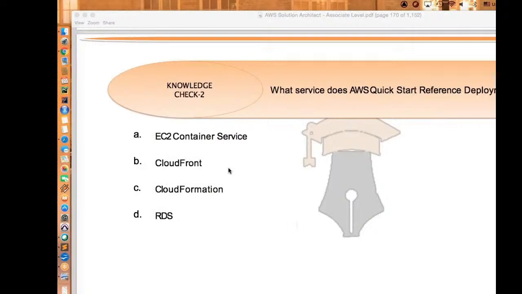Yeah, that's good. Coming to the next one: what services does AWS Quick Start reference deployments use? So it's EC2, container, CloudFront, CloudFormation, and RDS. Which service does